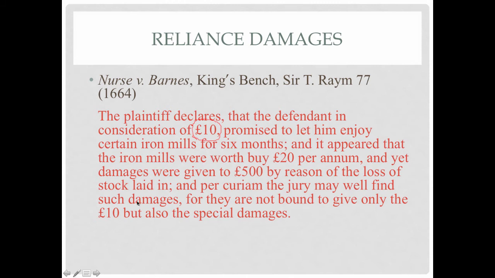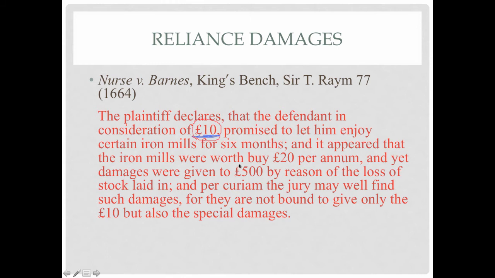The tenant, in order to get access to the iron mill, has to pay the £10. The other side, in order to get the £10, has to provide access to the iron mill. So that £10 is the essential reliance by Nurse in renting the iron mill, what he had to do to perform the contract